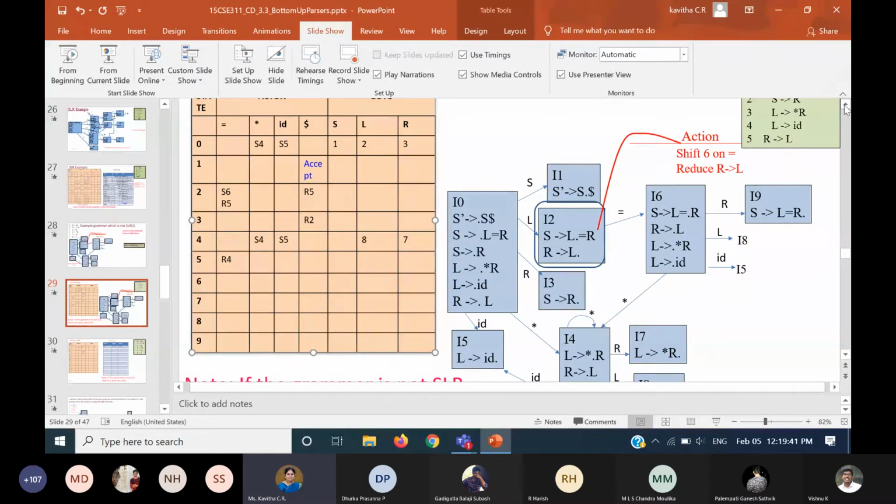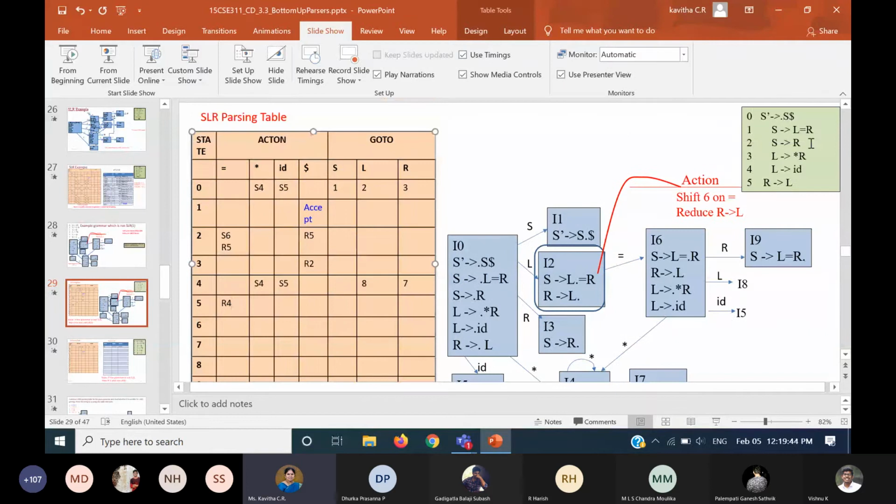Or do we have anything else for follow of L? That's it, right? Yes. Okay. So coming to state number 6. When you read R, it goes to 9. When you read L, it goes to 8. When you read ID, it is S5. And when you read star, it is S4. 4 transitions. That's all. Okay, done.